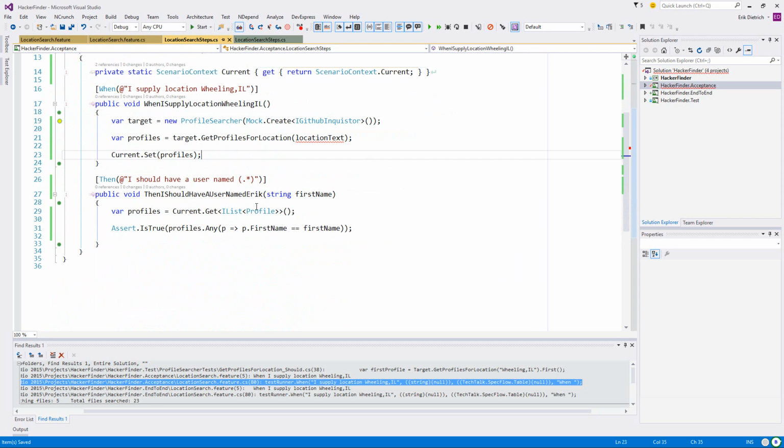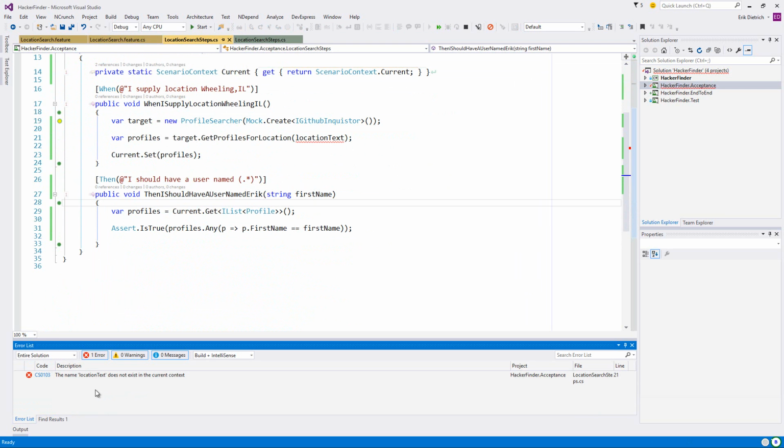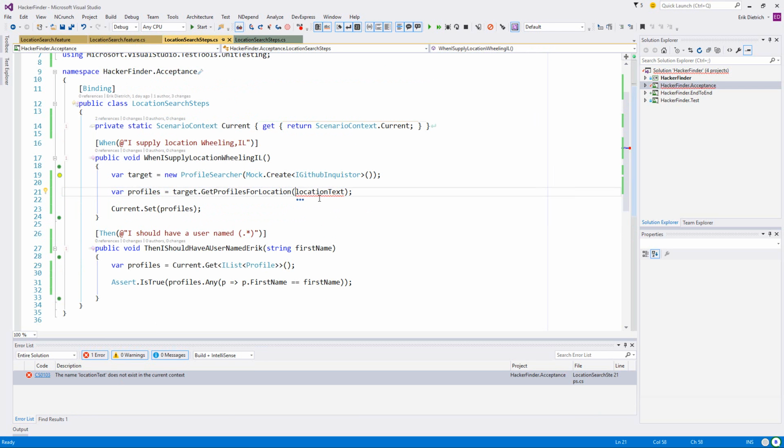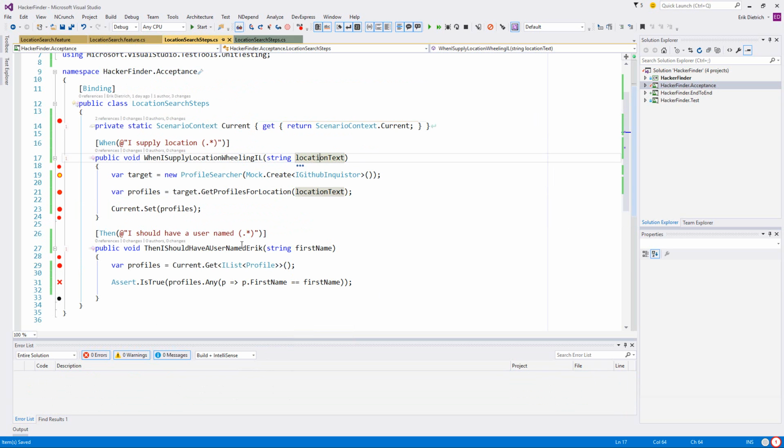I'm very used to hitting Control period or using CodeRush, as somebody sorts it out, somebody that isn't me. Right. Let me see if I get it right this time. It's dot star. Well, I got the order right, but still a typo. And string location text. So now this should be compiling, but failing.